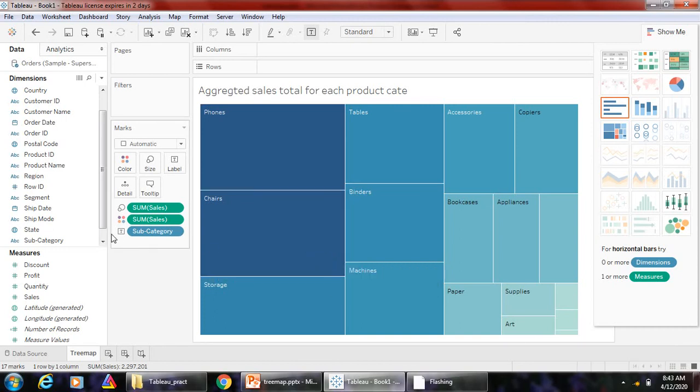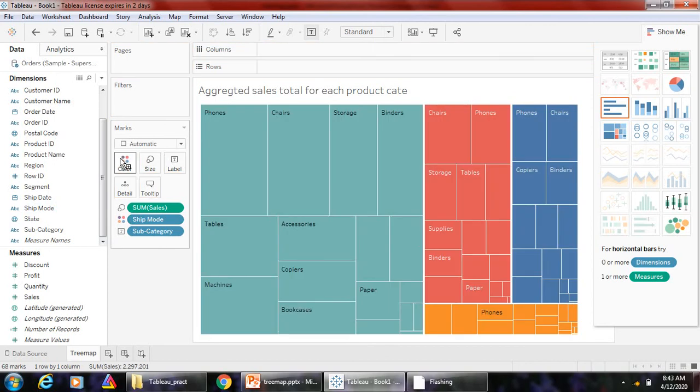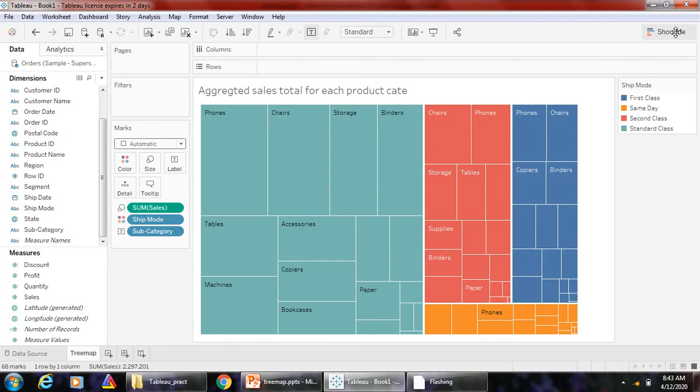Now you can add one more dimension. Just drag ship mode from dimensions onto color. Now here, ship mode determines the color of the rectangles and it sorts the rectangles into 4 separate areas, as there are 4 types of ship mode: first class, same day, second class and standard class.